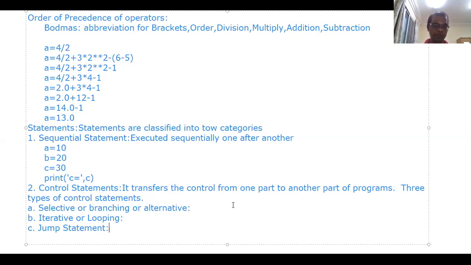So control statements transfer the control from one part to another part of the program. There are three types of control statements. They are classified into selective or branching or alternative, iterative or looping, and jump statements.